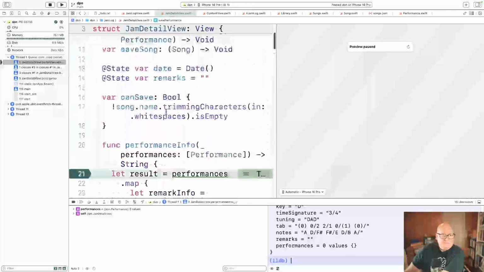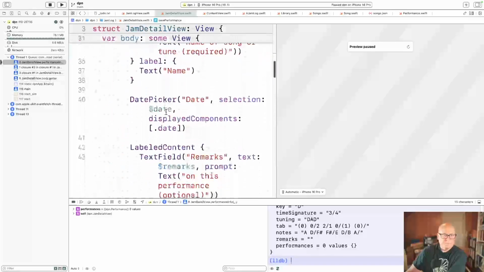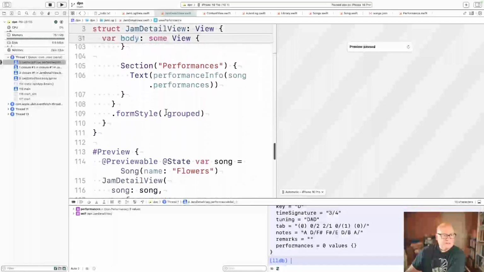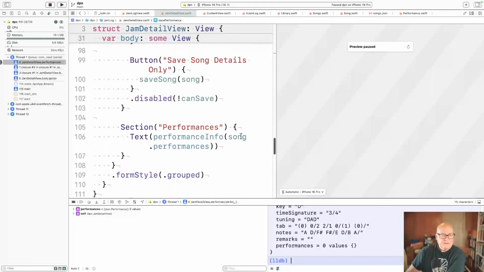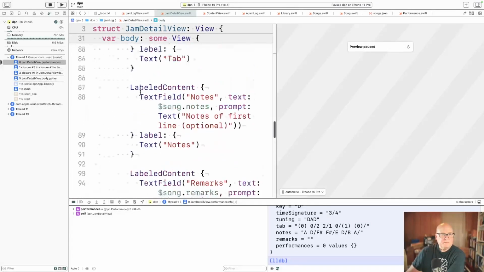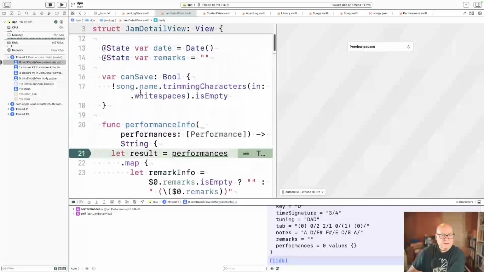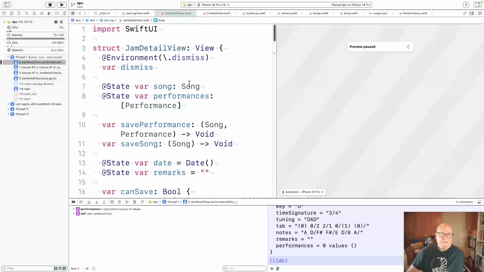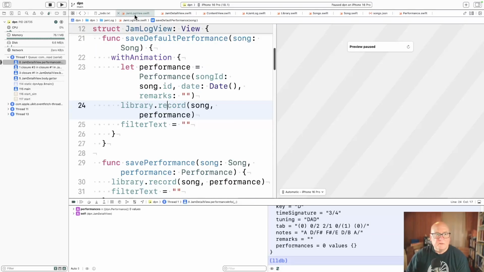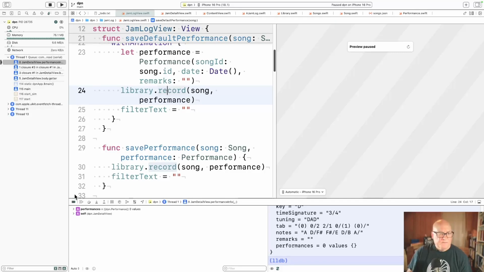Do I have the thing I think I should have coming in? Well, it was song.performances. Song came in. No performance stuff. What? I mean, library should capture. Okay.